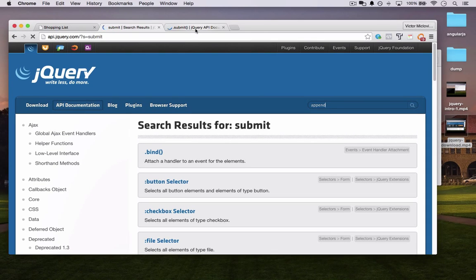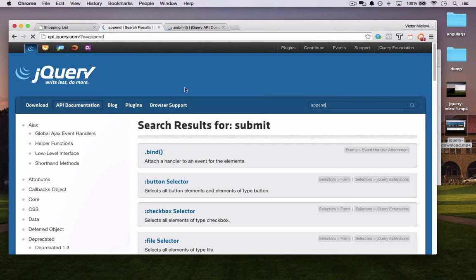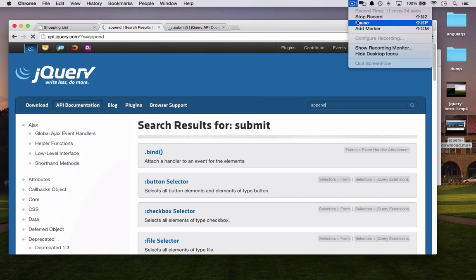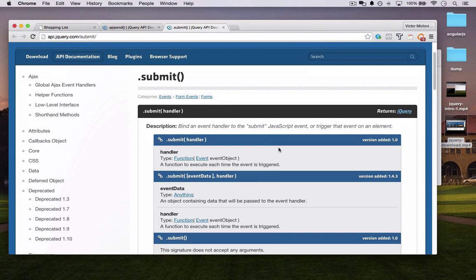And while it loads, let's click submit. Now, my internet is a bit slower, but it will load eventually. I'm going to pause for a bit as it loads. Let's take a look at the submit function. Now, the description behind the submit method is it binds an event handler to the submit JavaScript event or trigger that event